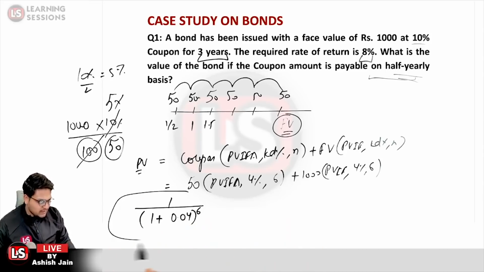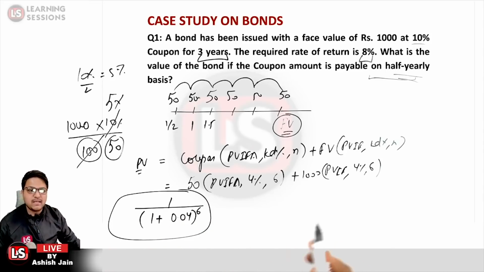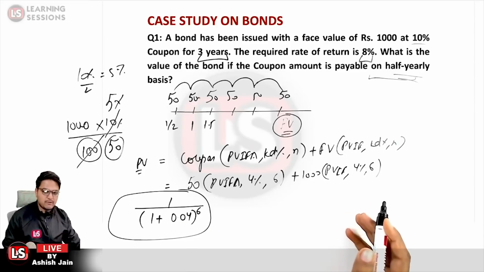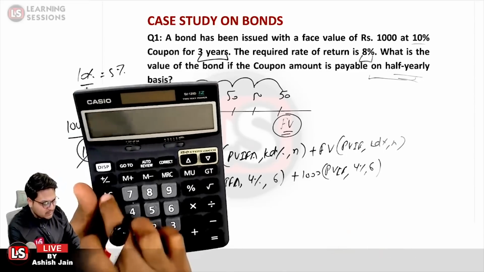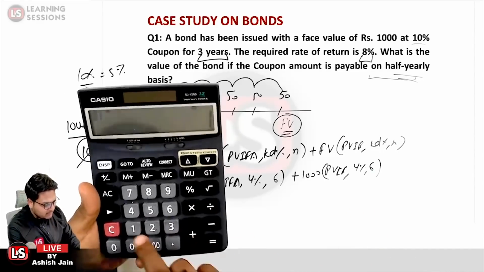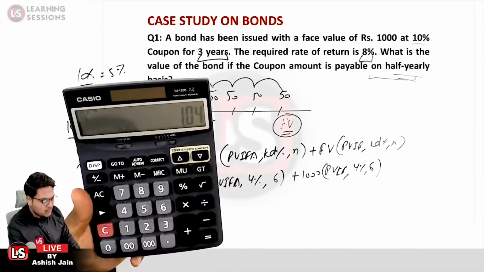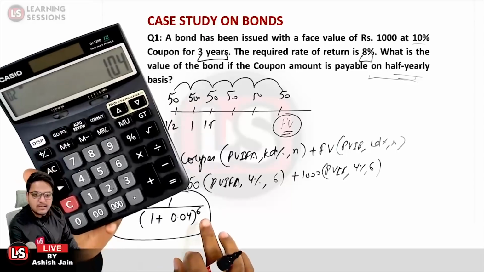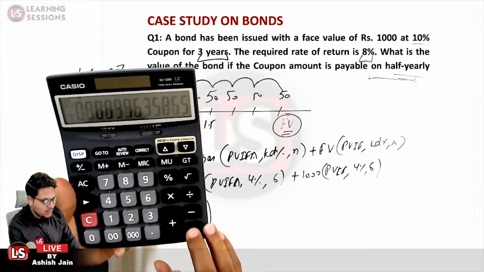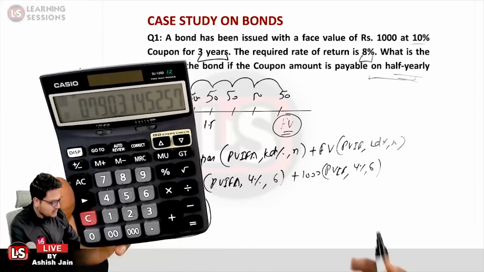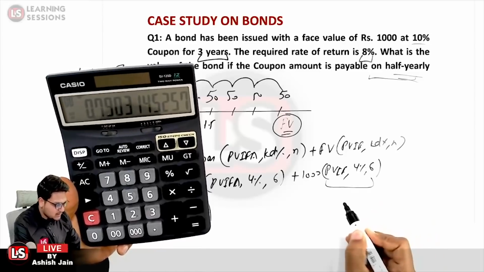So this is the factor that you need to calculate so as to calculate the PVIF value. On the simple calculator, you can simply calculate 1 divided by 1.04. Now you need to press the equal to sign for the same number of times it is raised to power. So it will be 1, 2, 3, 4, 5, 6. So it is a PVIF value. This particular value is basically